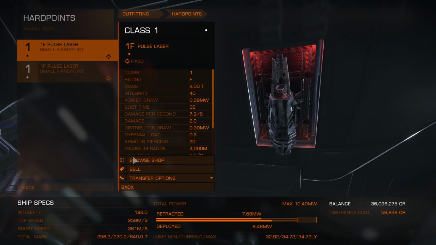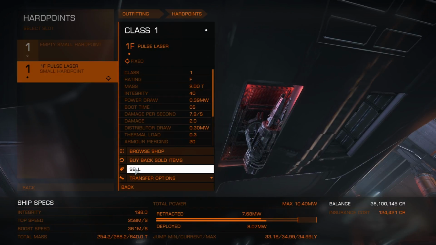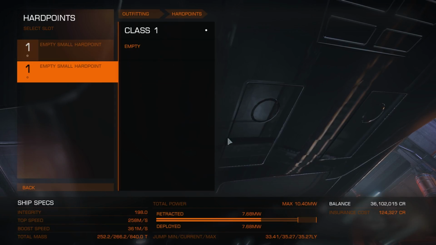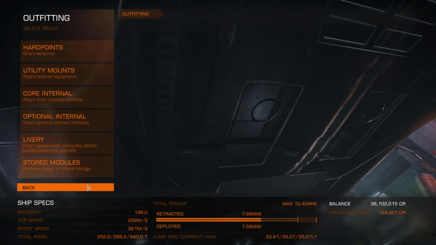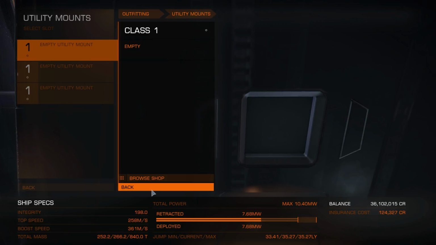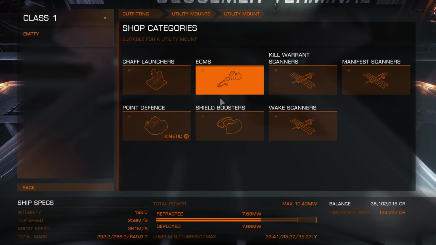Hard points, I'm actually just going to sell these. No point keeping any hard points on this thing right now. Two small hard points, they're not going to do anything. Especially if a Thargoid comes and attacks us. And considering that the open beta for patch 2.4 has just closed down today, the day that I'm recording this, then that kind of goes to show that potentially we may be getting closer to seeing Thargoids on the live servers. So if that wasn't worrying enough...